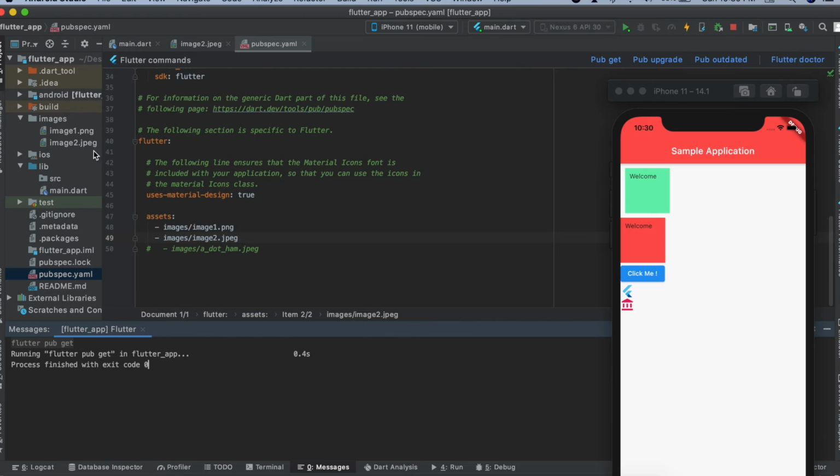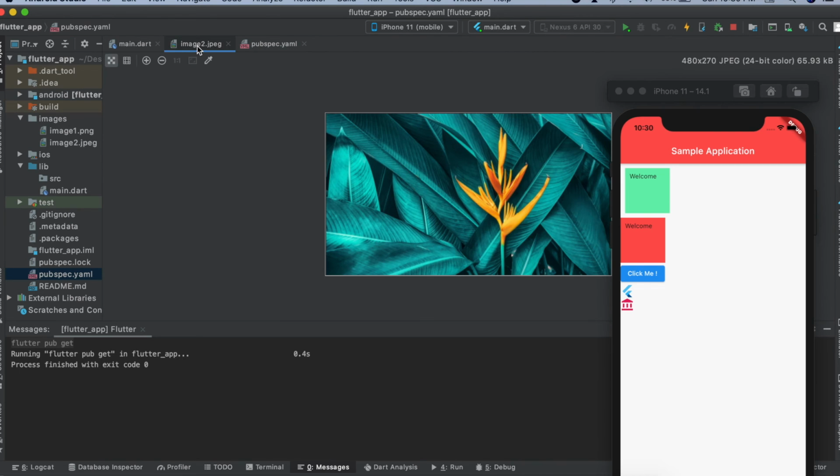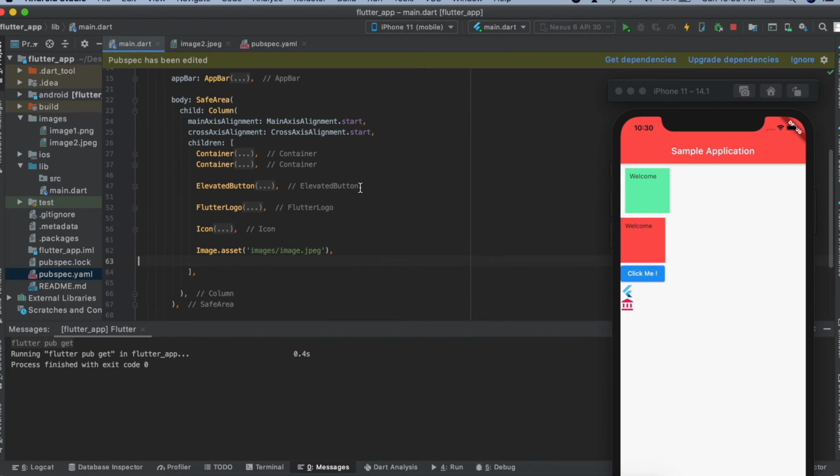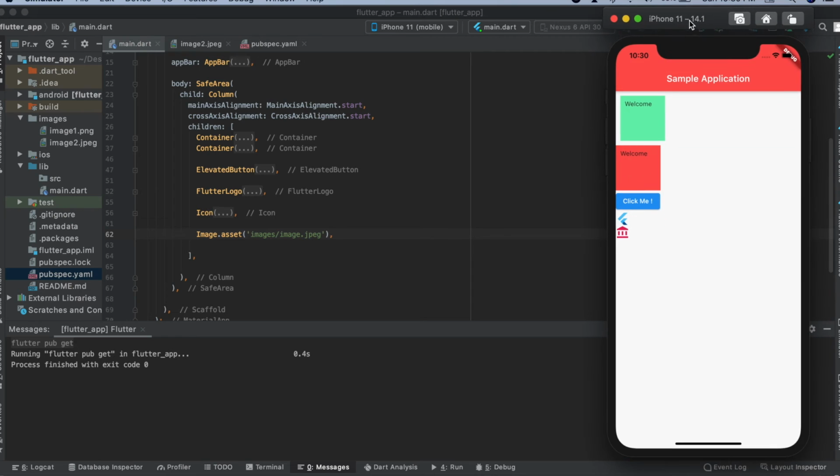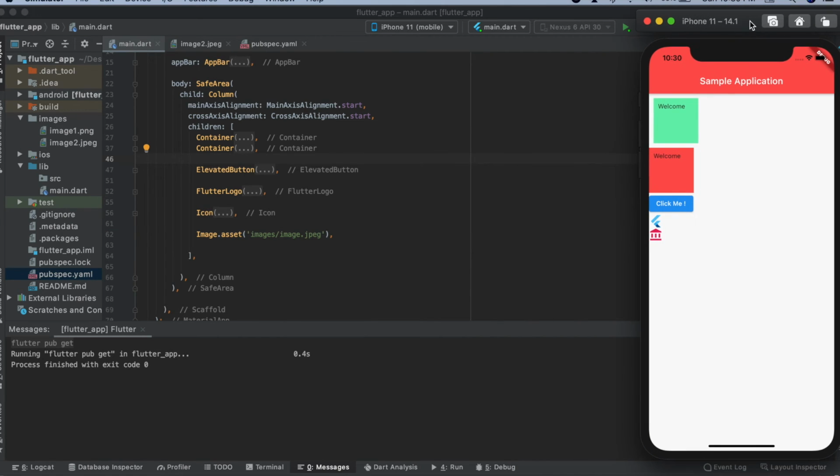And also if you have multiple images, just write it like this. All the images will be accessed like this, so you don't have to specifically mention all the names of your images. I've just written it for your reference. Now I'll get dependencies, and now I'll just restart.